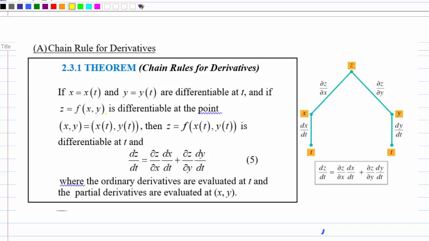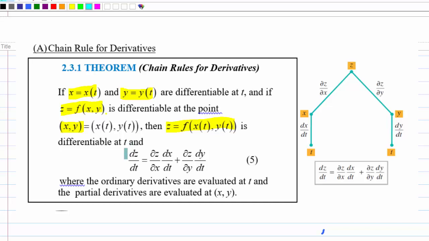This video will explain to you the chain rule for derivative. If x is a function of time, x(t), and y is also a function of time, y(t), are differentiable at time t, and z is a function of x and y at the point (x, y), then z also, as a function of time in terms of f of x(t) and y(t), is differentiable at the time t, and dz/dt is equal to